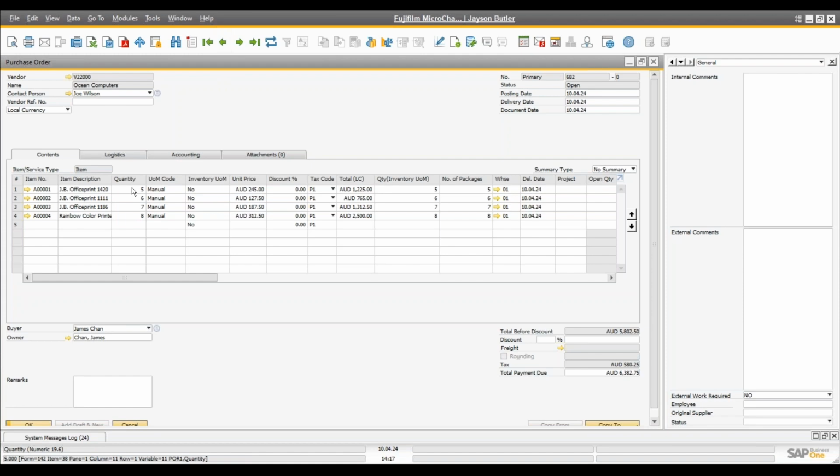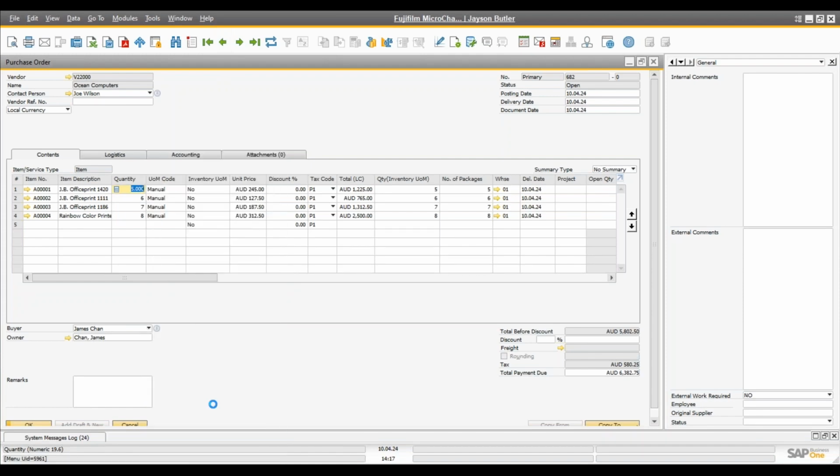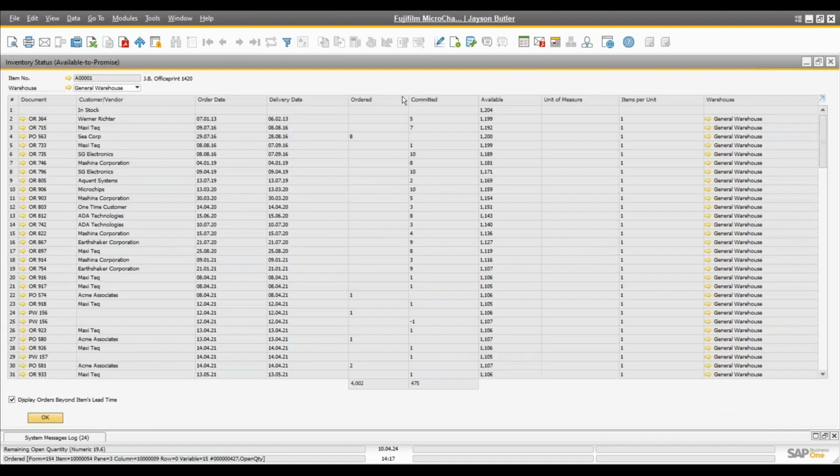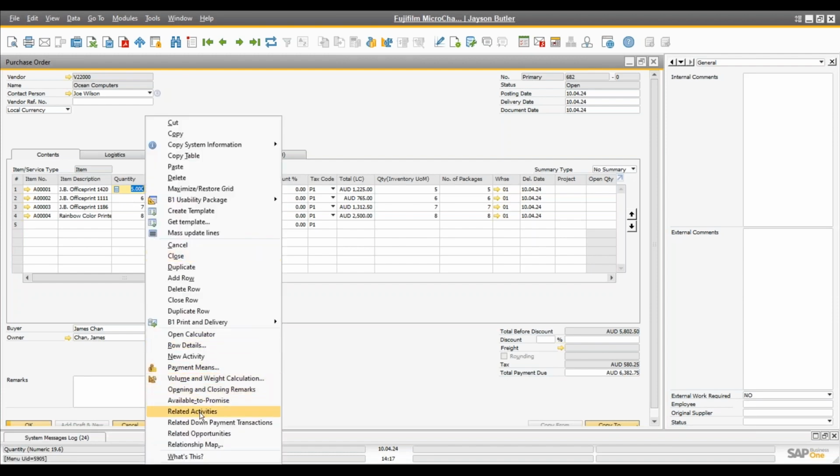So of course you can also do things like right click and check the available to promise to see what's on order, who it's on, what purchase orders there are. That's all standard functionality available on the sales and purchasing screens. You can also right click and do a